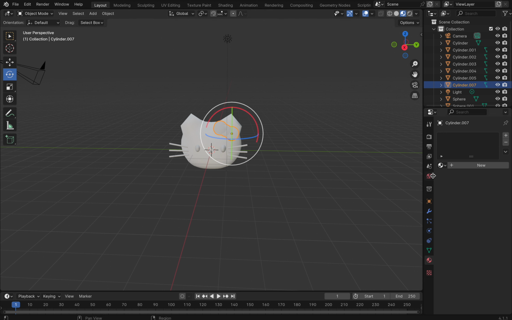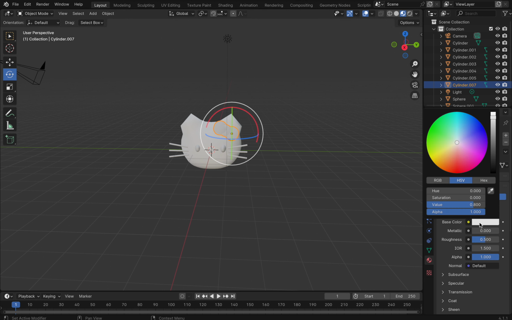So you do that for every object you want color with. So I will do this,